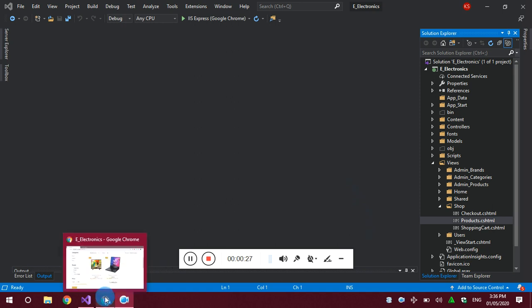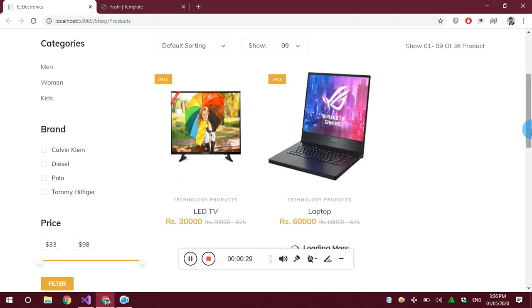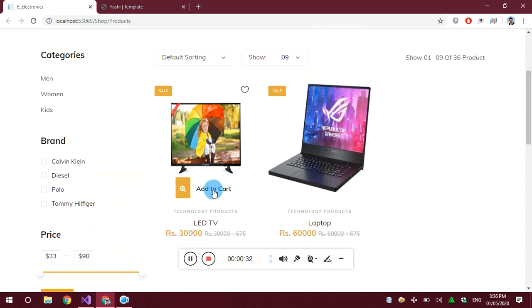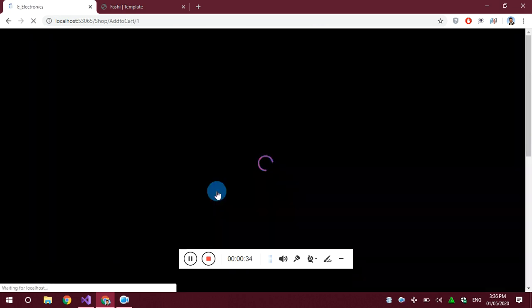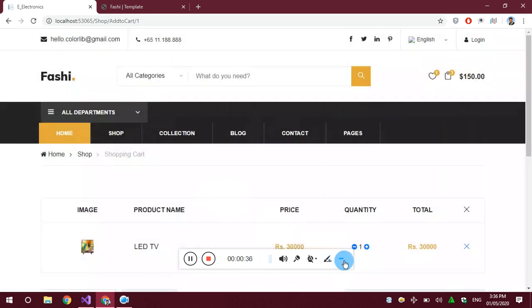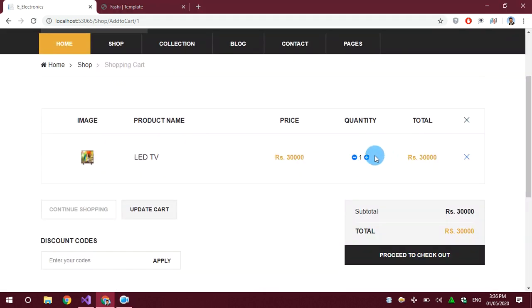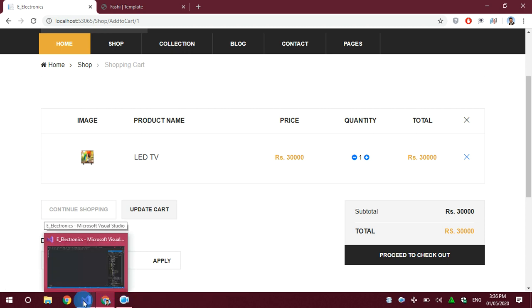As you know, I have already opened the project. When I click in this project, I have a basic flow. I am adding the product into the cart, changing the quantity if needed, and finally clicking this button, proceed to the checkout, and I will go to the payment gateway for the payment. But I'm in development mode and don't need to go to PayPal every time, so I can bypass the payment method directly without having to pay anything.